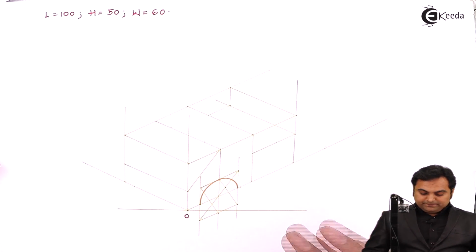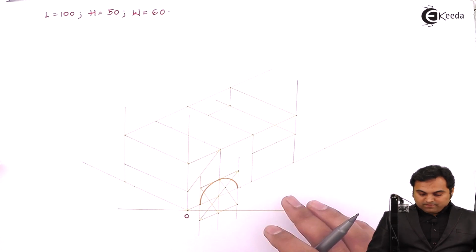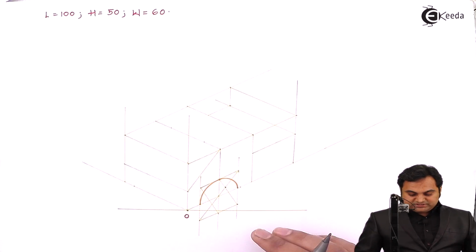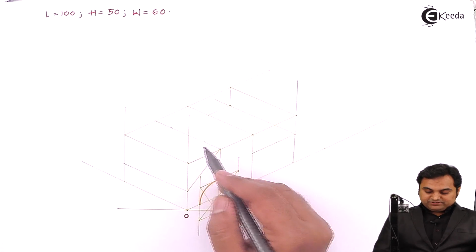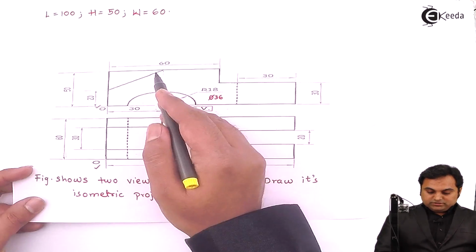And now drawing parallel lines, and as we see here, after joining this, taking 15 mm distance from both the sides, the surface which is